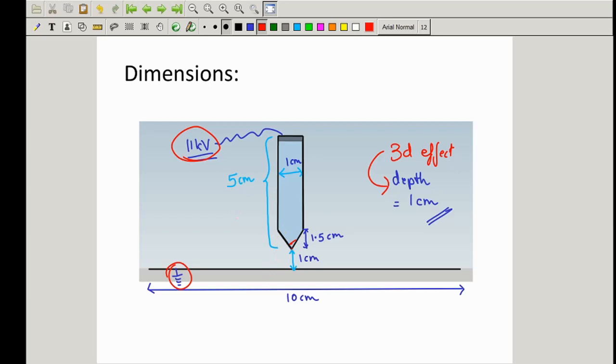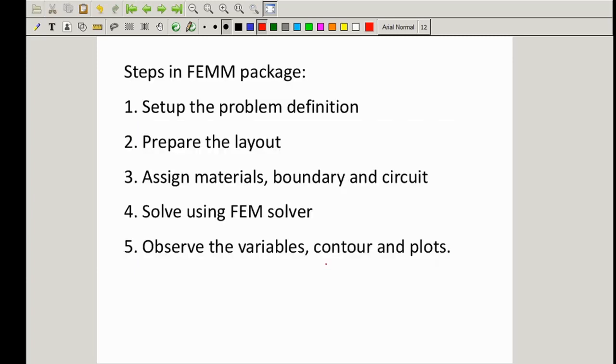Here what we do is we place nodes at every joint, and then we patch it in the canvas of FEMM, and then we define all the material properties. So the general steps followed in this FEMM package are as shown.